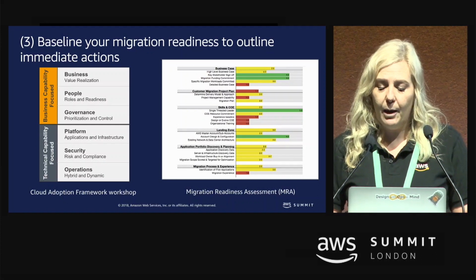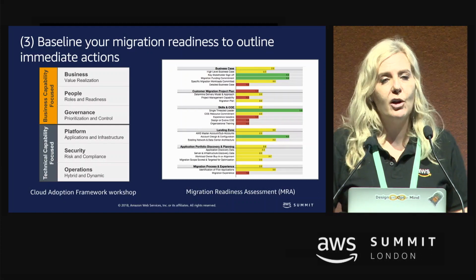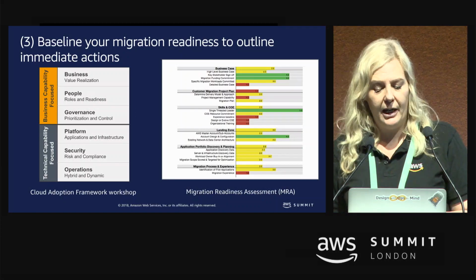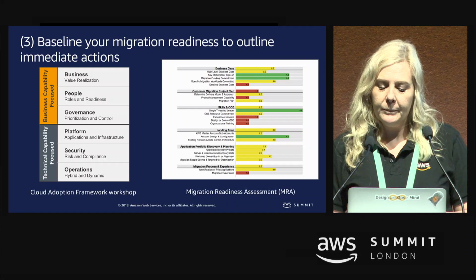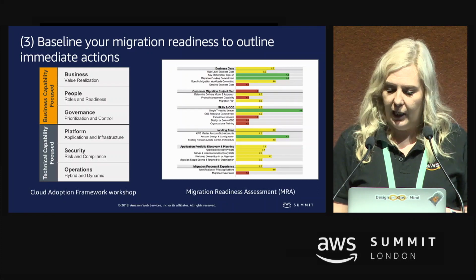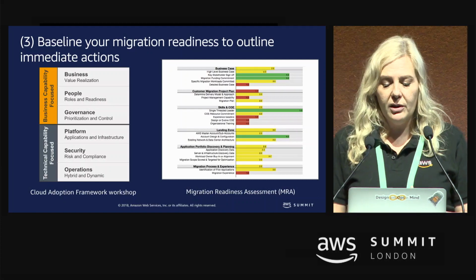The output from CAF is a set of action plans to help you prepare for your transition to cloud by uncovering gaps in your existing skills and processes, as well as identify what you want your to-be state to look like. But we also have our Migration Readiness Assessment that I mentioned earlier that helps to further understand your